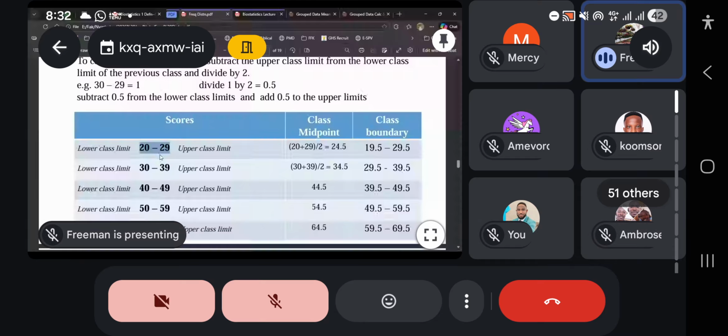When you come here, there are 10 different numbers there. The class size is 10 throughout, so we have a uniform class. When you add the upper class limit here to the lower class limit of the next class, 29 and 30, and divide by 2, you are going to get